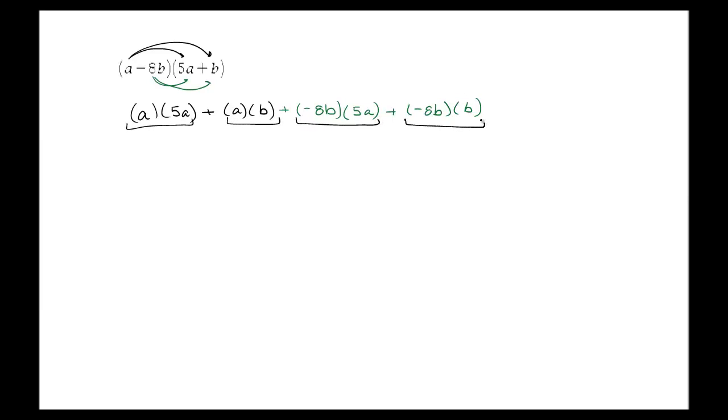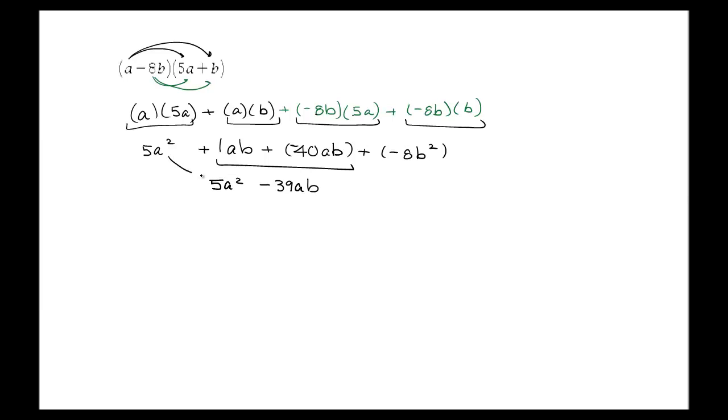Okay, so we're going to start simplifying each one of our 4 terms. Here I have 5a squared plus ab, and then I have a plus. This is going to be negative 8 times 5 is negative 40, and I have an ab plus a negative 8b squared. Okay, I can combine these two terms because this is just a 1ab and a negative 40ab gives me a negative 39ab. So I simply have 5a squared minus 39ab, and this plus